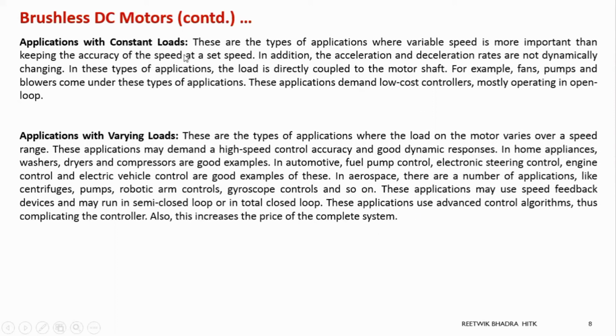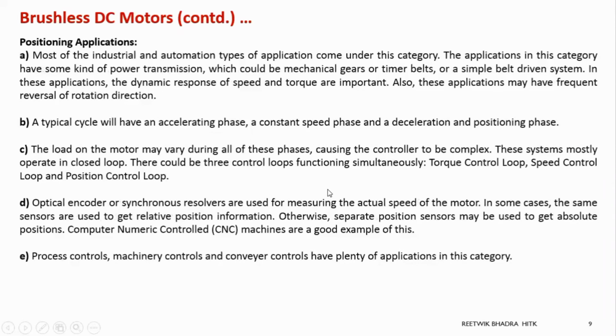If you are using in case of constant load, controllers are very low cost. But over here, since it is closed loop control, the controllers become costly. And lastly, very important, position control. The most important position controlling, the best example I want to say is in robotics. You want to control the position of a robot. Very precisely you have to control the position of the robot. So that's where BLDC also comes into role. You can use a BLDC motor for doing all these things.